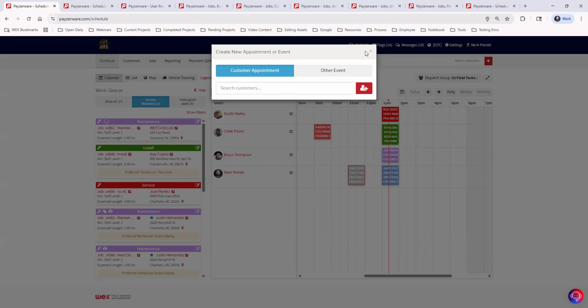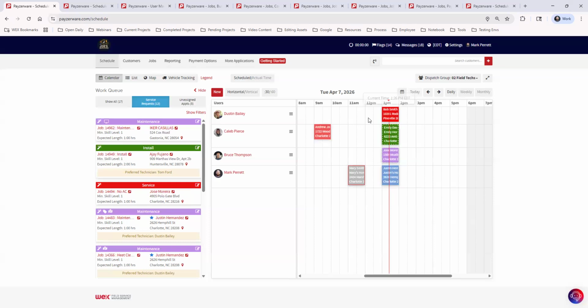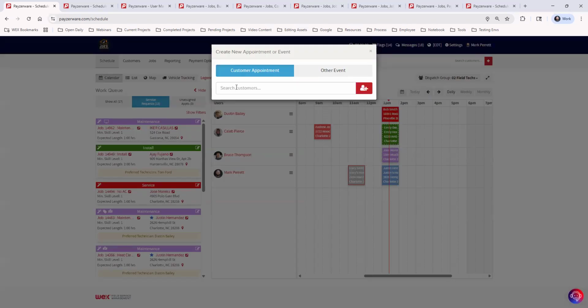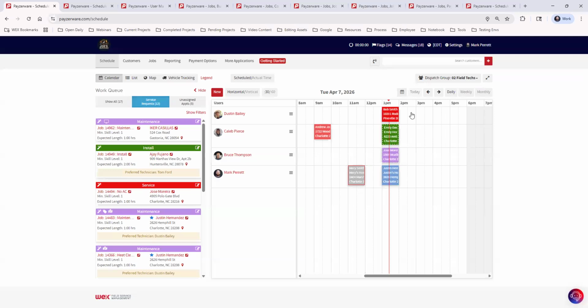And that's one way. That will start it from scratch with no additional information to begin. Or you can click on the actual schedule itself. So if I wanted to send Caleb out on a job at 3 p.m., I would click on the 3 p.m. slot under the Caleb user, and it'll look the same, but once you get into the appointment, the date, the time, and the technician will already be pre-selected. So that is just a little time saver by clicking on the actual board itself. For today's example, we're going to click new,